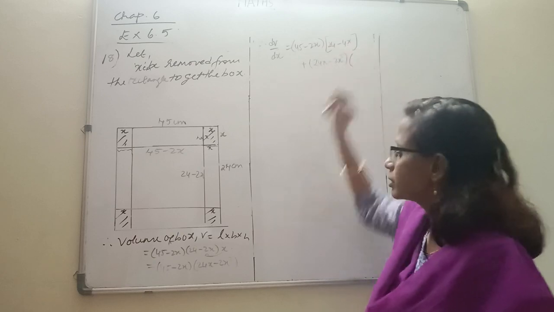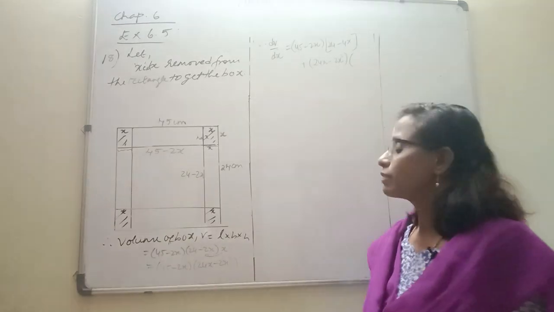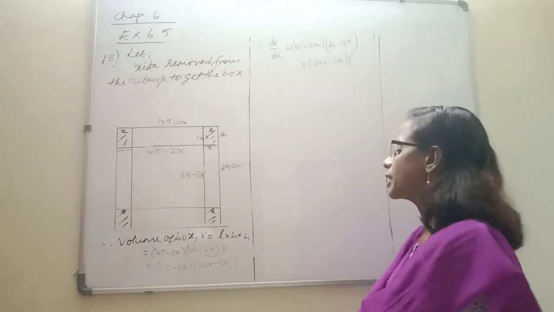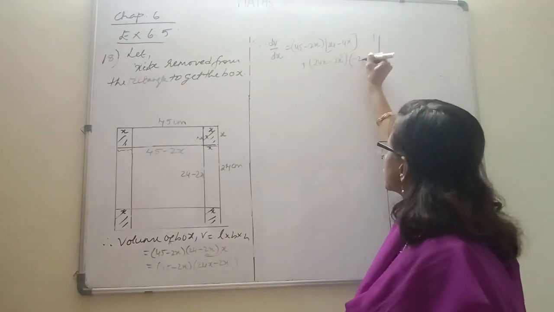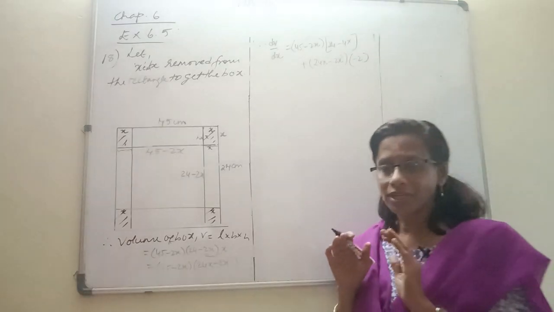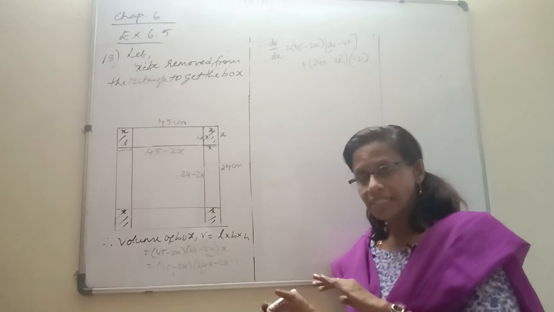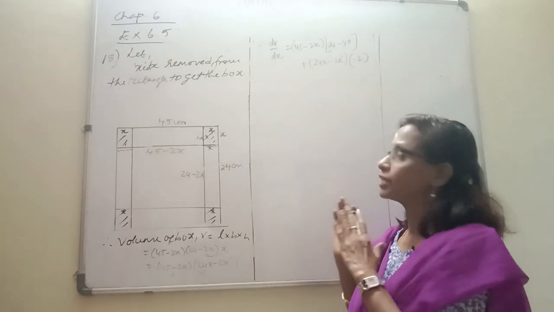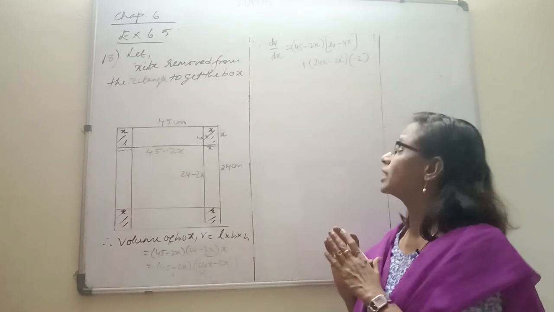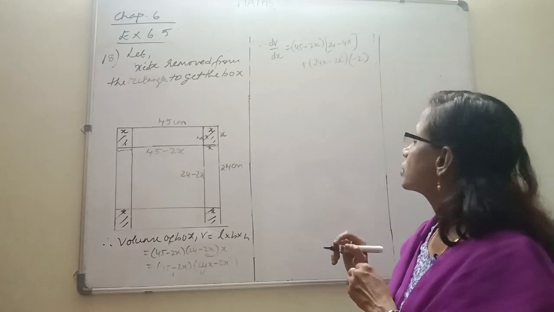Now the derivative of the first bracket: 45 doesn't have a derivative, and minus 2x has a derivative of minus 2. We've taken it as a product: first function as it is, derivative of the second, then the second as it is, derivative of the first. Like that we have got dV over dx. Our next work is to take